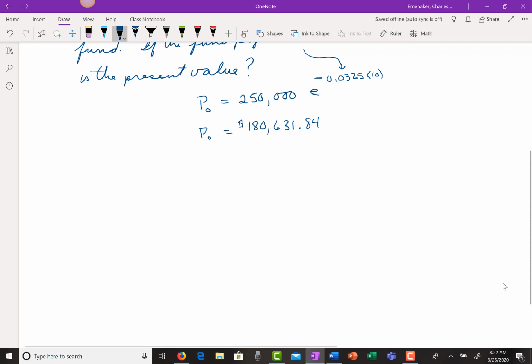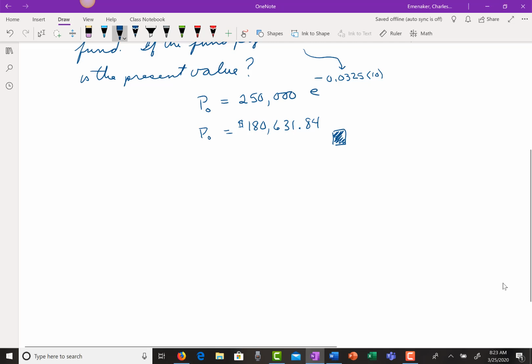$180,631.84. This means that if Sam's grandparents today set up a trust fund for him, where in 10 years there's going to be $250,000 for him, what they need to have today when they set things up is $180,631.84. One of the things you need to be mindful of in reporting your answers